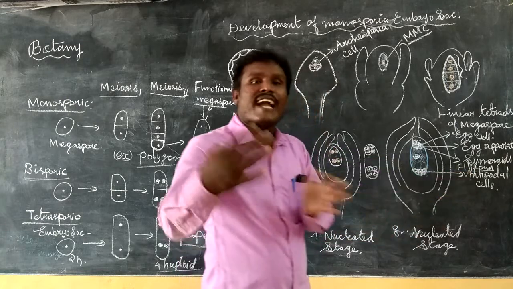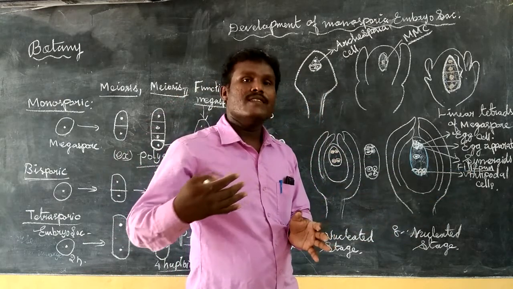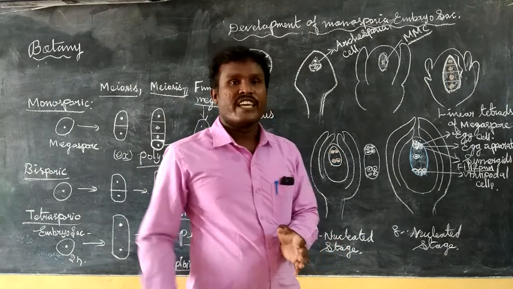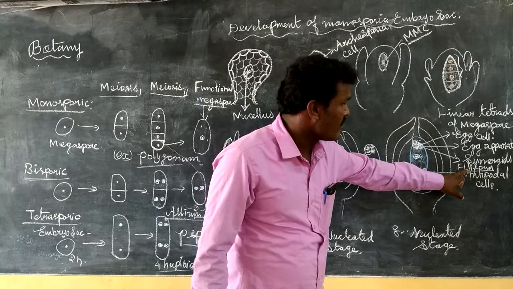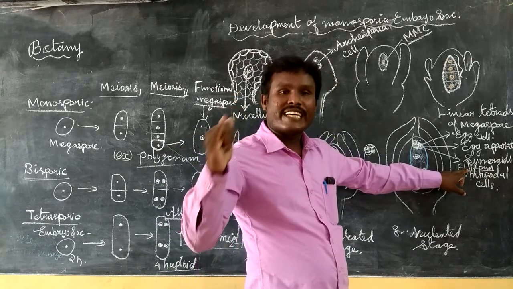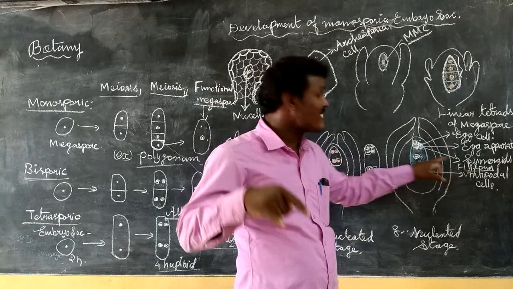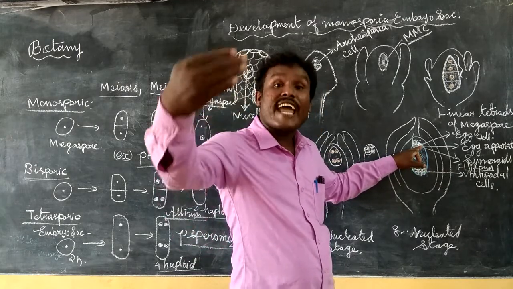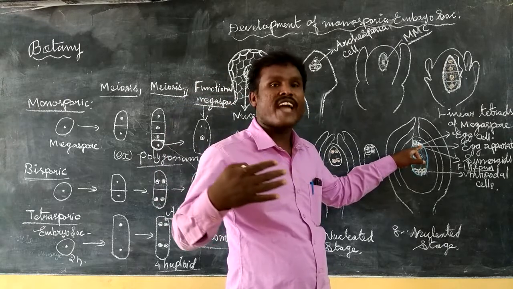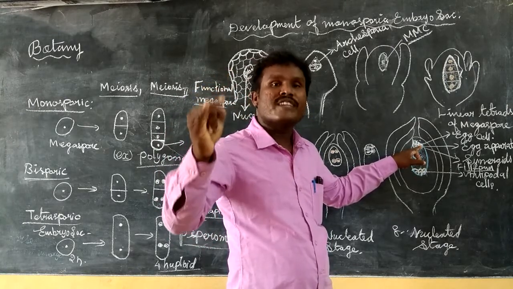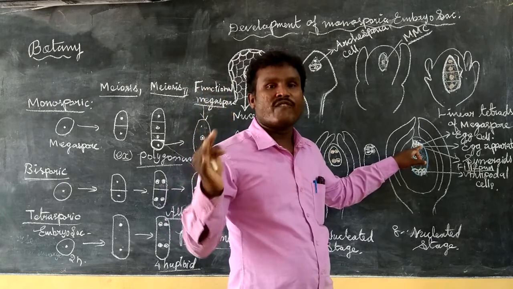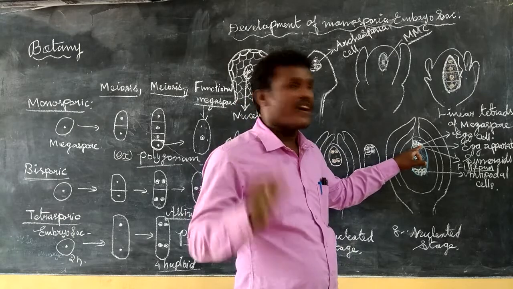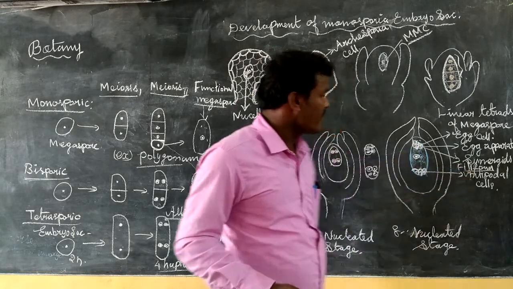They also conduct nutrients, absorbing nutrients from the nucellar tissues. So what is filiform? It is the thicker part present in the synergid cells. Its main function is directing or attracting the pollen tube to the embryo sac. Second, absorption and conduction of food material from the nucellar tissues to the embryo sac. This is the main function of the filiform cells.